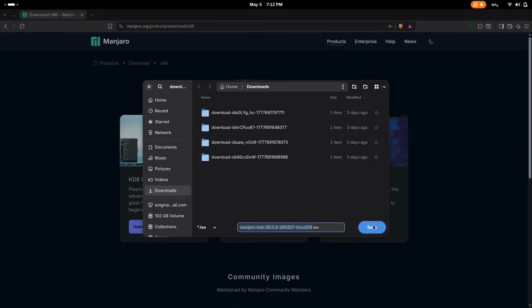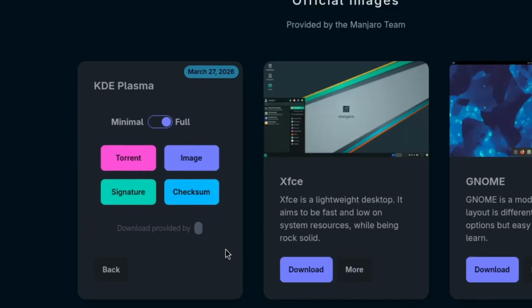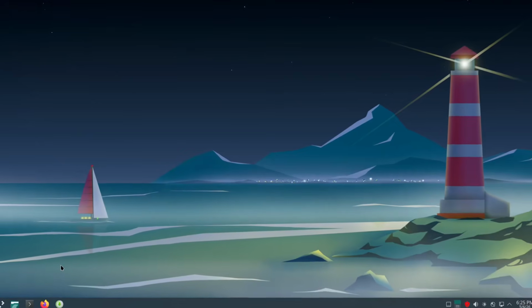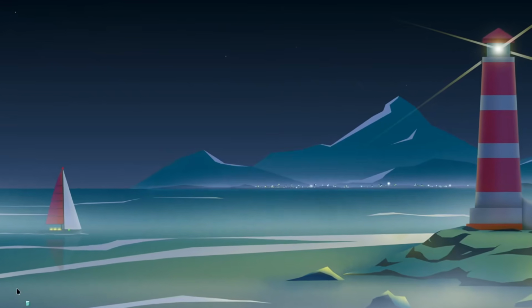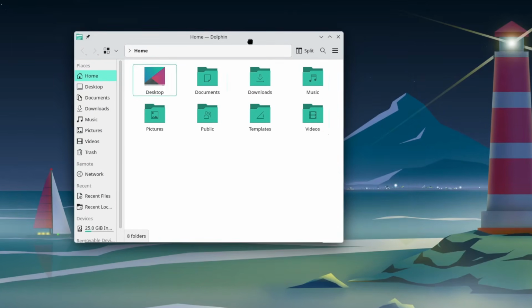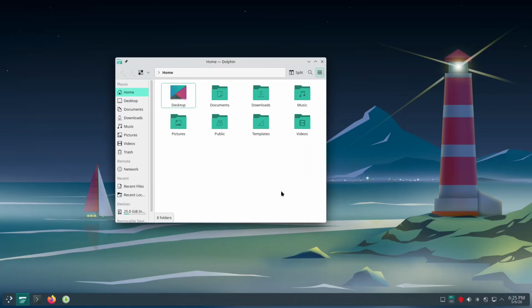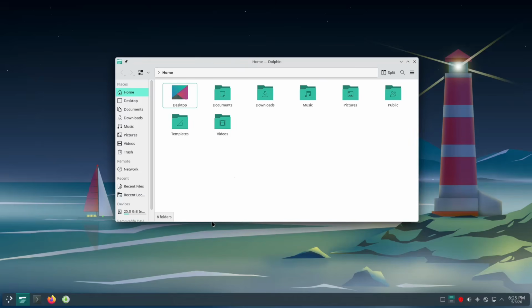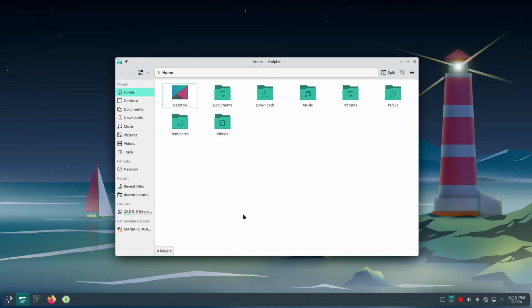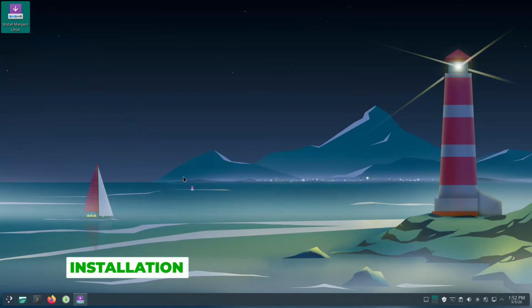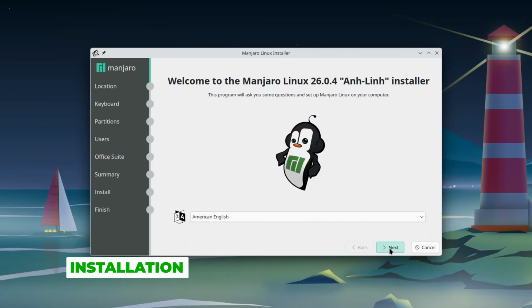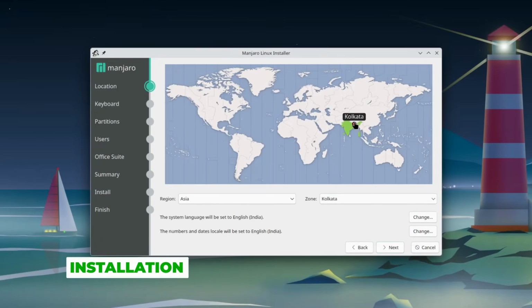The KDE Plasma Edition specifically is aimed at users who want a feature-rich, highly customizable and visually polished desktop environment. It's great for people coming from Windows, power users who love tweaking things, and really anyone who wants a beautiful and capable Linux desktop. Getting Manjaro installed is one of the smoothest experiences in the Linux world, and 26.0.4 is